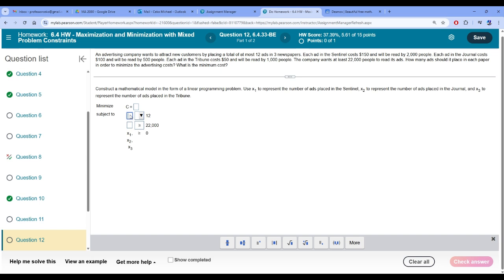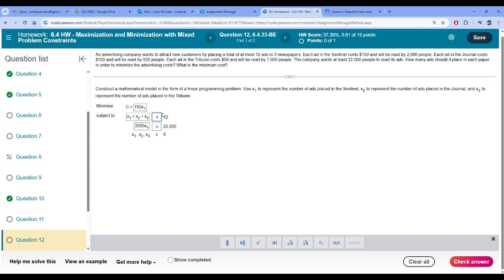This is 150 x subscript 1. That's the cost, and it's going to be read by 2,000 people. So that's going to be 2,000 x subscript 1, and then x subscript 1 plus x subscript 2 plus x subscript 3 has to be less than or equal to at most